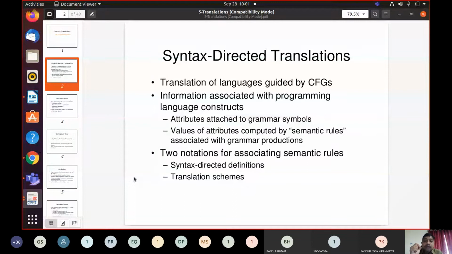That parse tree will be the input for the semantic analysis. So what is the output from semantic analysis? The output from semantic analysis is the parse tree decorated with the attribute values. This is what we call an annotated parse tree or decorated parse tree.